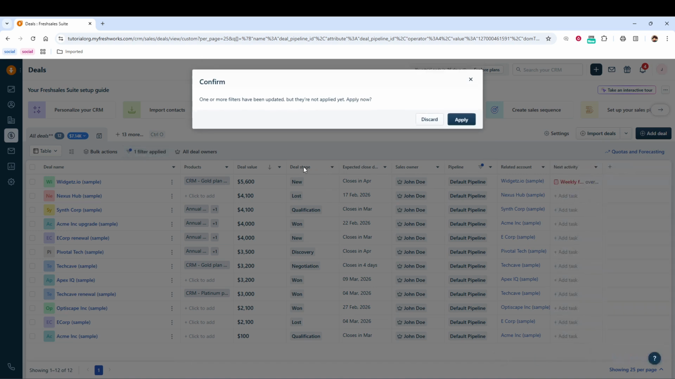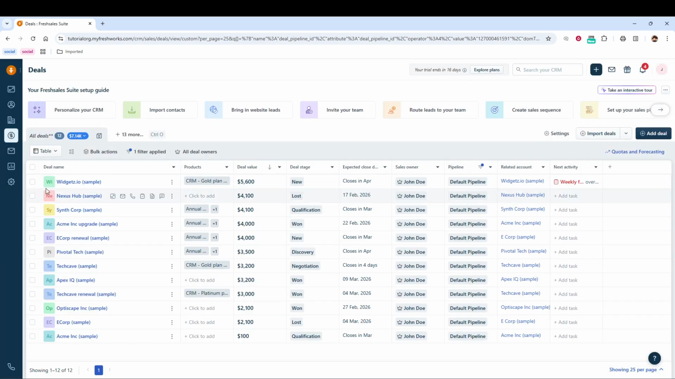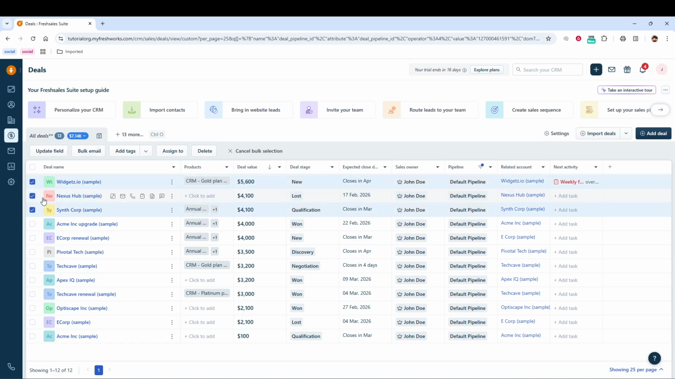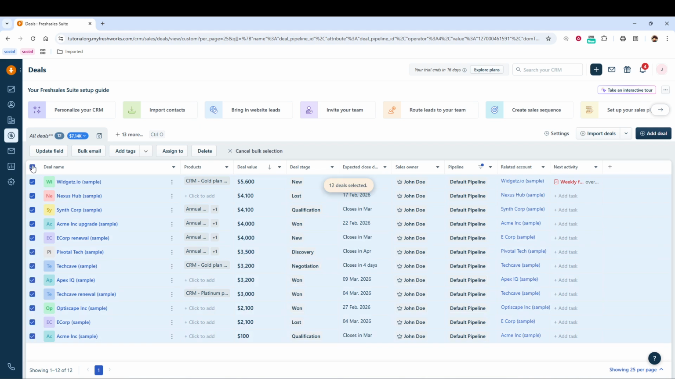Once your list is showing the right deals, select the records you want to email. If you only need a few deals, check the boxes next to each deal name. If you want to email every deal currently shown in this filtered view, use the checkbox in the header row near the name column. That header checkbox is a fast way to select everything on the screen without clicking each